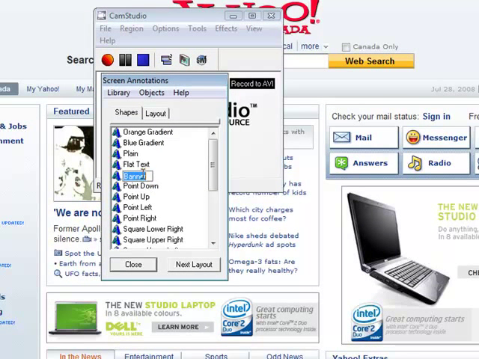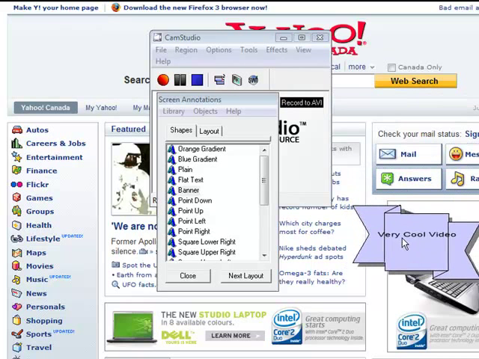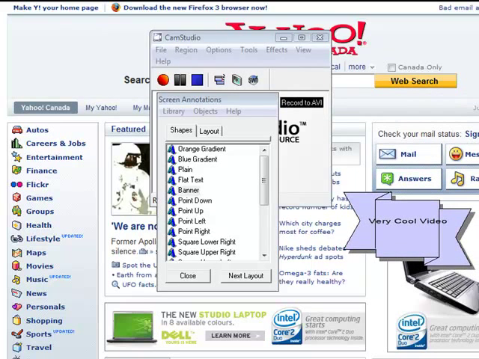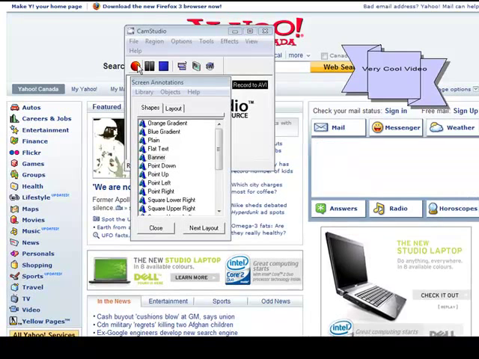Now all we have to do, once we have changed the text that we want there, is just put our left mouse button on it and click on it, hold the mouse button down, and then drag it and plop it onto our video here. And we can put this anywhere we want. And this now acts as a caption for us, and when we record, this is going to appear on our video. So if we were to record now,